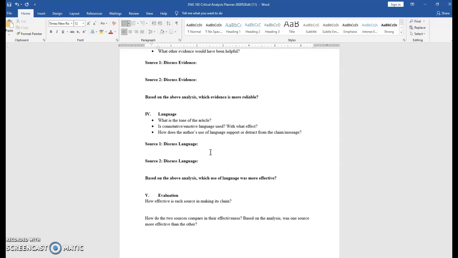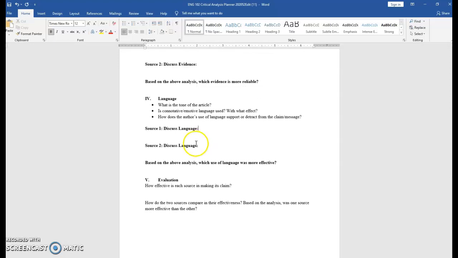Does it help the reader or listener better understand what's going on, or does it interfere in some way? So down here where it says source 1 and source 2, that's where you would actually discuss your analysis of the language. And then again, just looking at language choices, which source was more effective.